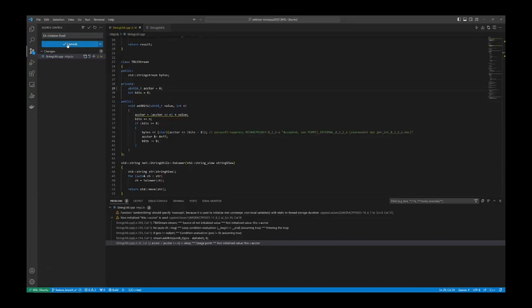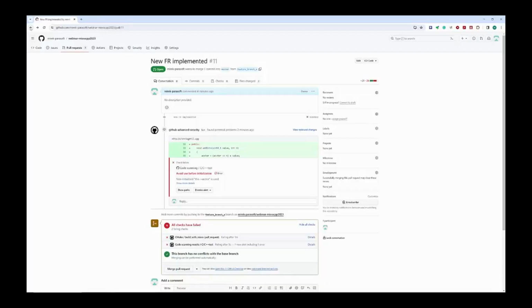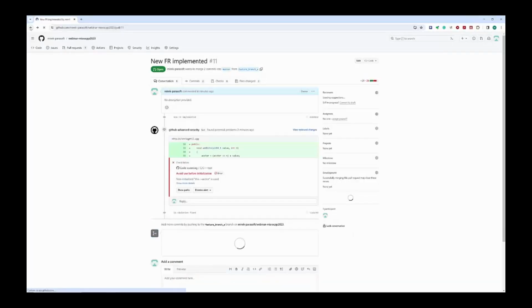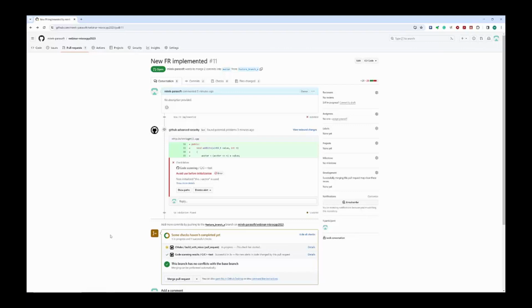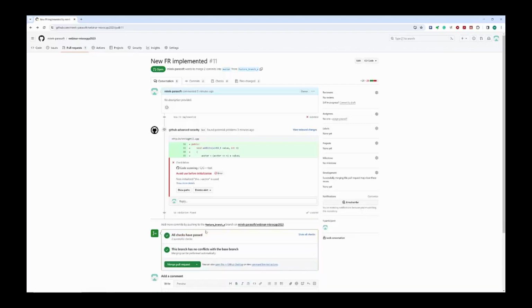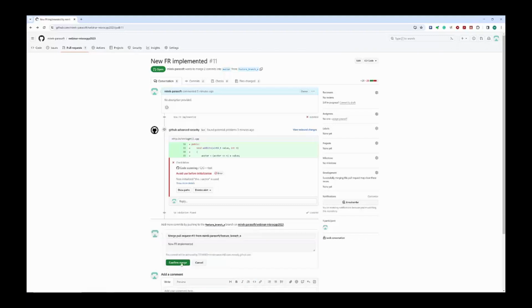The push operation will trigger the pipeline again, and we are expecting a clean run now since we fixed the only problem. And indeed, our quality gate is now open. And we are ready to merge our new code.